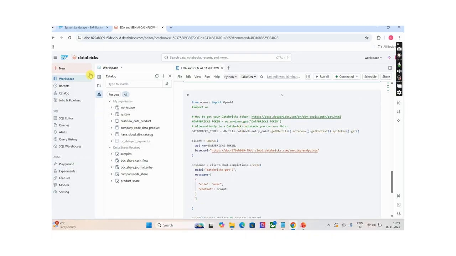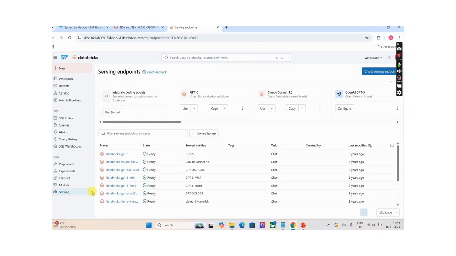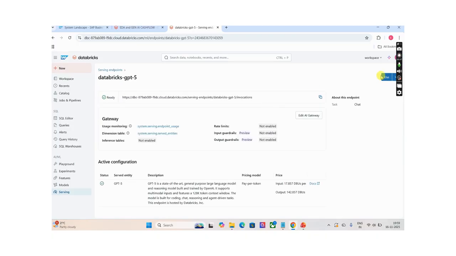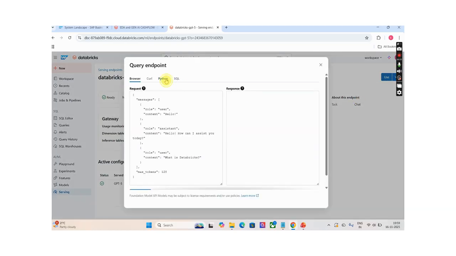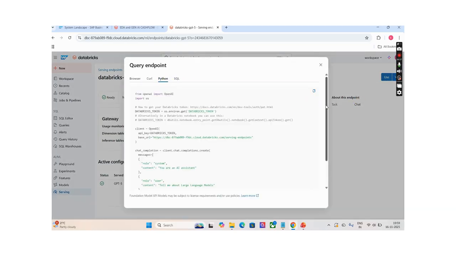So let me open Databricks in a new tab and go to Serving. Here you can see all the configured LLMs. Okay, right now we are going to integrate GPT-5. Click on GPT-5 and here, Use. You can directly play in the Playground, you can use batch inference, or click on Query, and from here you can get the syntax